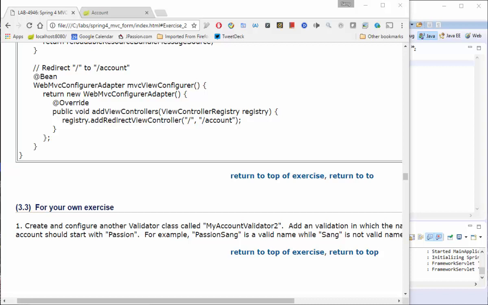However, you still want to perform server-side validation because there could be hackers who bypass the browser validation. They could send an HTTP request using some kind of hacking tool, and in that case the browser will not be able to perform validation. So for security reasons, you still want to perform server-side validation. Does that make sense? All right, so let me